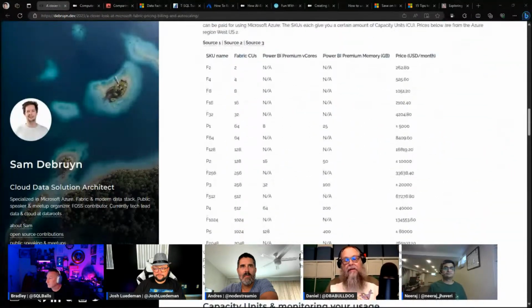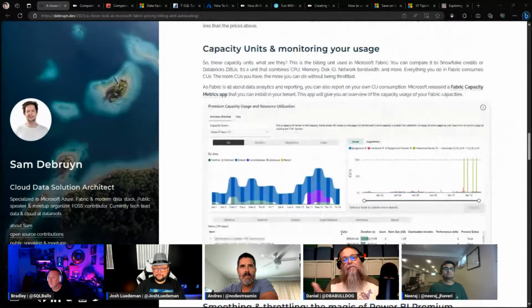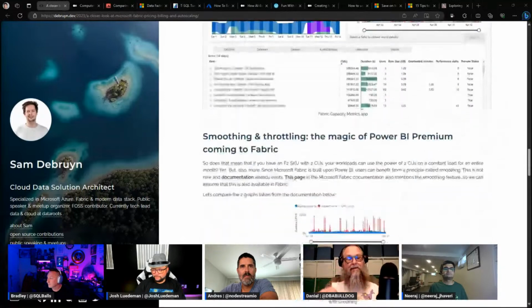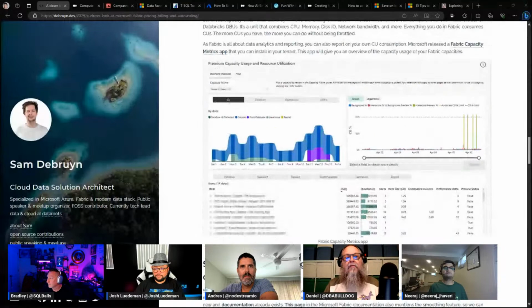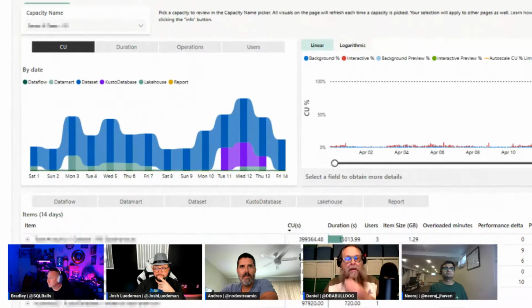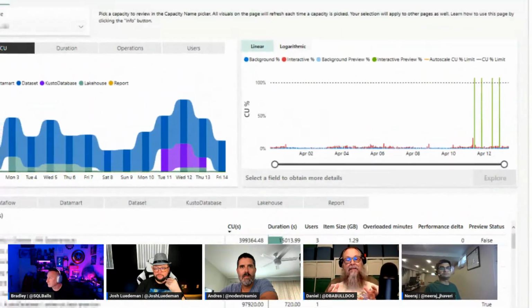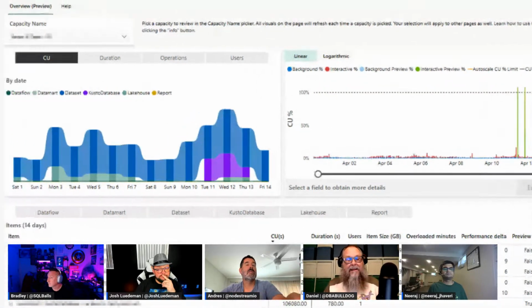Also, I know that Niraj did a great video on this as well. So if you want to follow up this post, this was the cool part. Sorry, I forgot about this. The new metric that Microsoft launched up there where you can look at up above a little bit. If you could scroll back up for me. There we go. The new fabric capacity metric app. This is something I want to try out and maybe do a demo on, because I thought this was really cool because it gives a great breakdown of your fabric. So another great article by Sam, and you're right, he's in here twice.